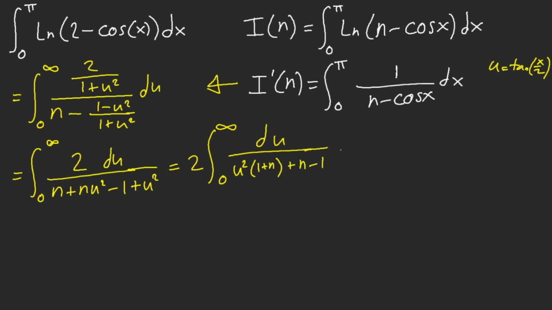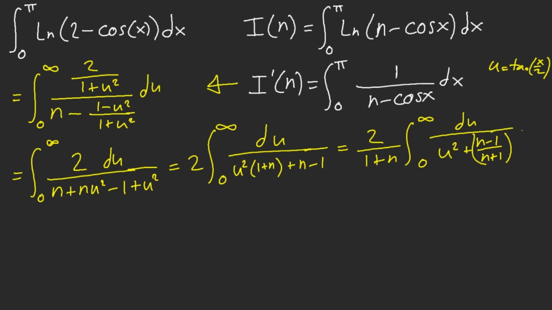Okay, so now I'm going to go ahead and factor out 1 plus n. So I get u squared plus n minus 1 over n plus 1. Okay? Does it look nicer? A little bit? You see where we can go off with this? Yes, we can. So this is now 2 over n plus 1 times the square root of n plus 1 over